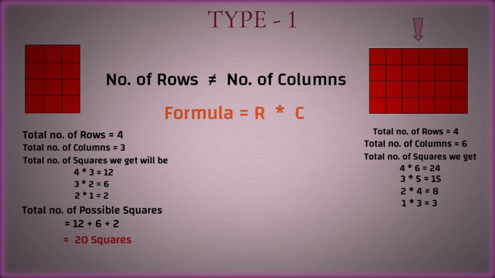Now finally we sum up all the products and calculate our total number of possible squares in this figure. So we get 24 plus 15 plus 8 plus 3, which gives us 50 squares that are actually possible in this figure. So this was the type 1 problem that was very easy to tackle,